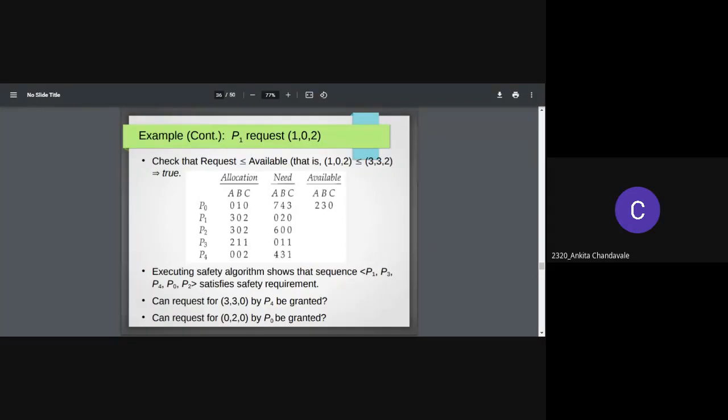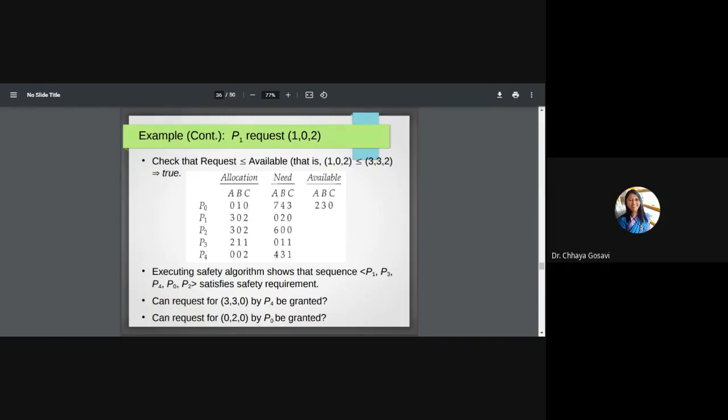Excuse me, ma'am. Yes. Ma'am, I am getting P2, P3, P4 execution and then P1 will execute. So the new work becomes 1058. No, it will become 936. Same, you should get the maximum resources. That value should match.